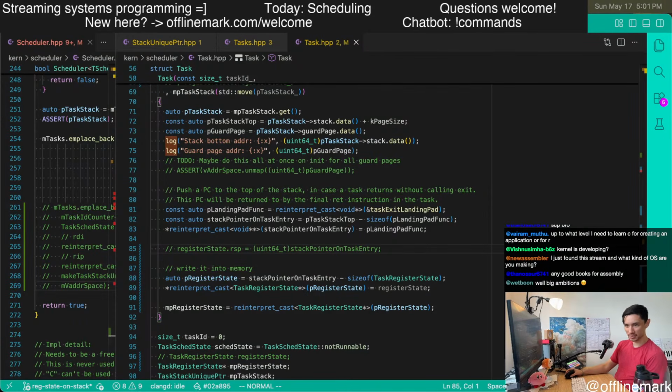Yo, what's up everyone? What's up, new assembler? What kind of OS are you making? I'm making a very small OS. I'm making an OS in C++, and it seems to be leaning more towards the real-time OS design space so far. We got 33 people in the chat. That's cool. So it's a good chat day. Got 33 people.